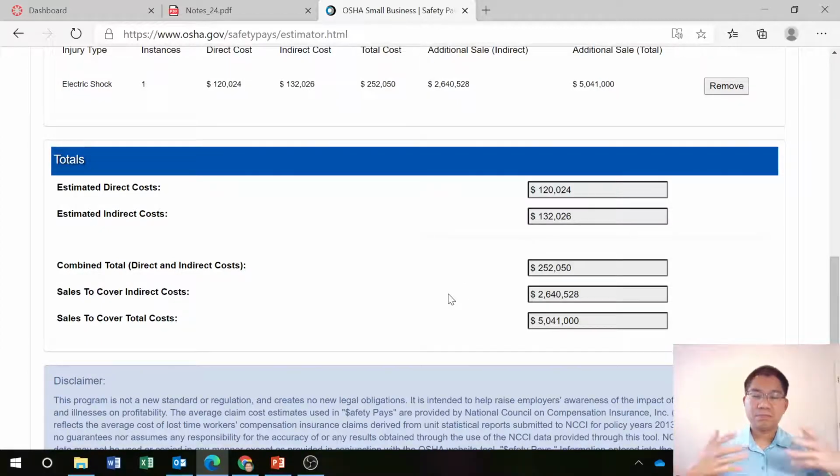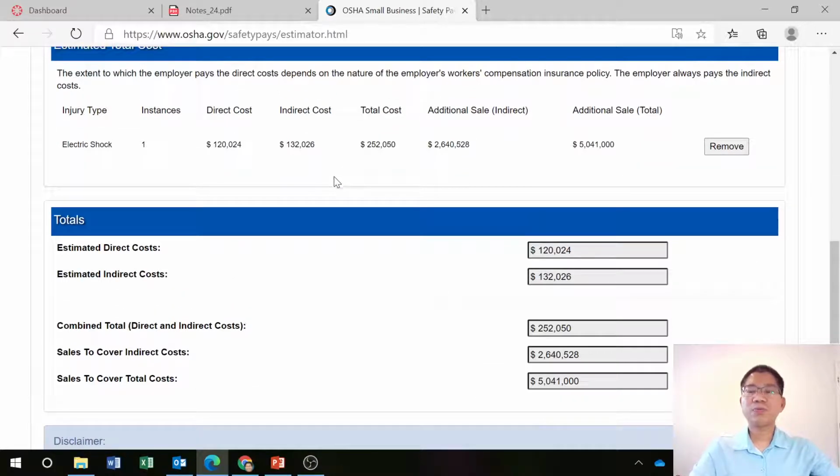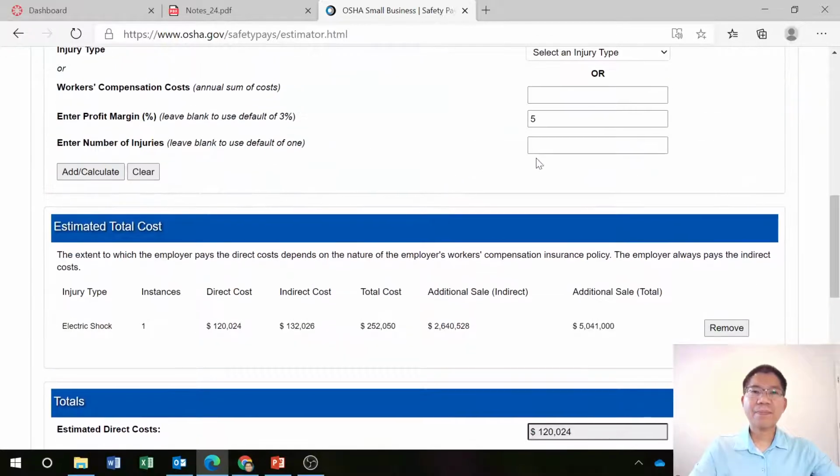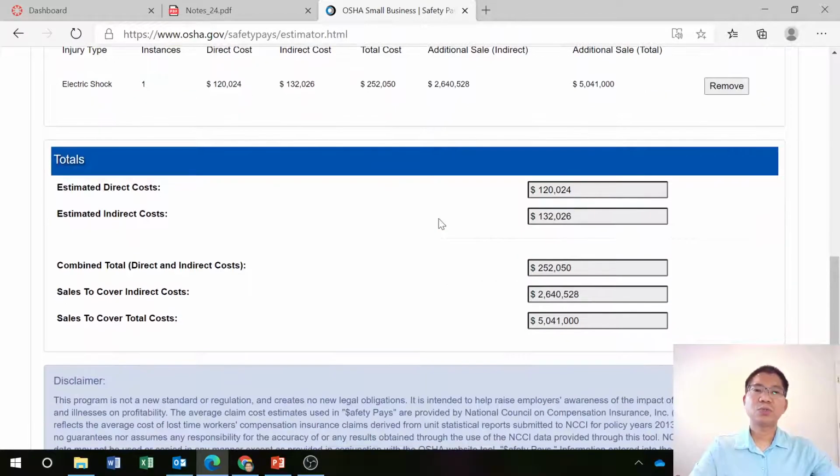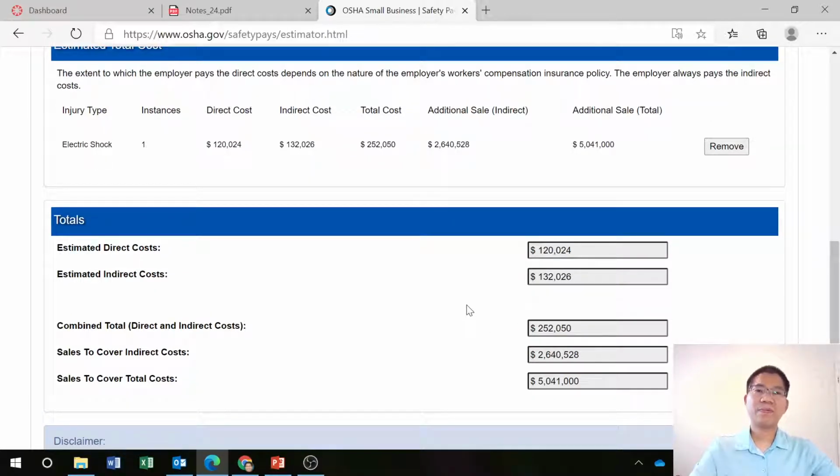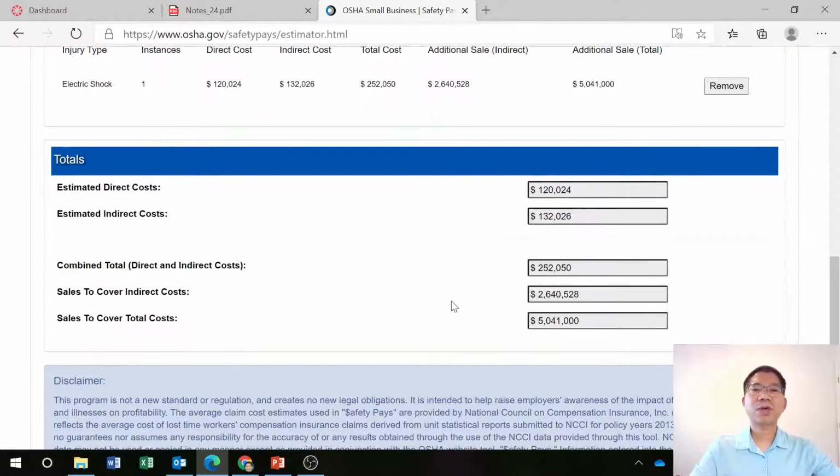The obvious one is EBIT, 5% profit margin. Let me state again here. The cost for electrical shock, including indirect and direct, is $252,000. And with the 5% profit margin for construction, you need additional sales to cover the total costs, which is 5 million, to cover the 252,000. And of course, as I mentioned earlier, when you have a bad safety record, potentially you reduce your